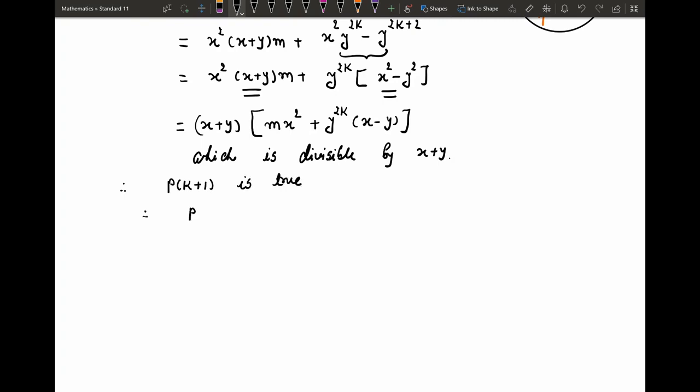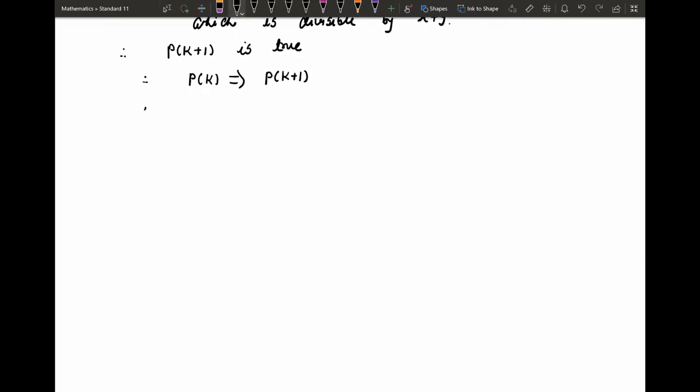Whenever p of k is true implies p of k plus 1 is true. So p of k implies p of k plus 1, and therefore by